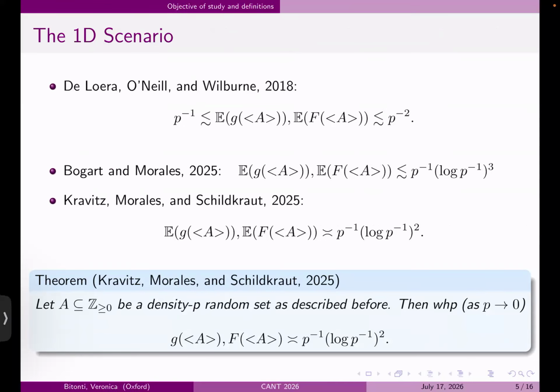So in particular, they showed that if we pick a density p random set A from the positive integers, and we close it under addition, thereby defining the corresponding numerical semigroup, then with high probability the genus and the Frobenius number, so the size of the gap set and the largest element in our gap set,